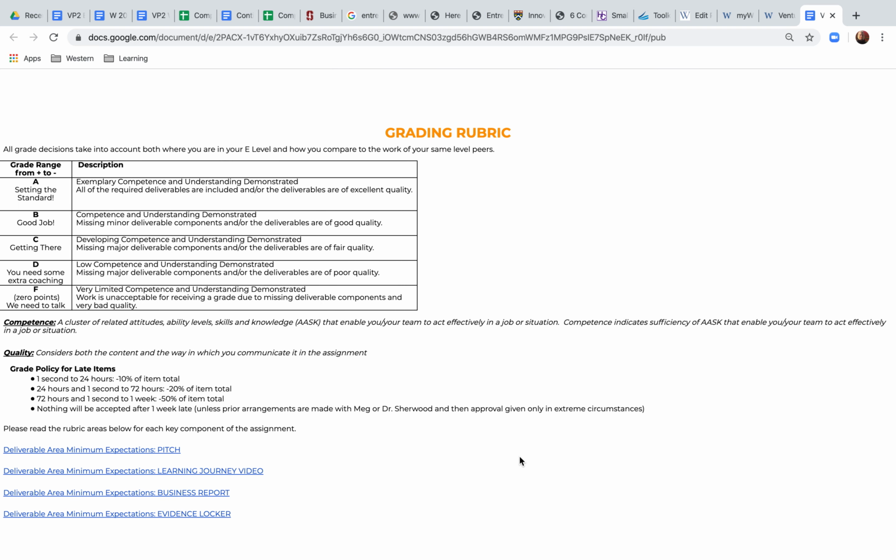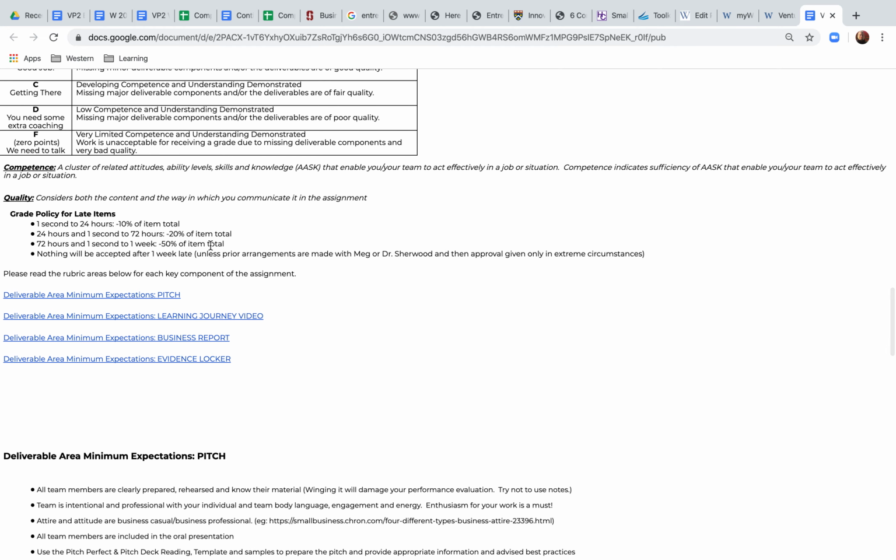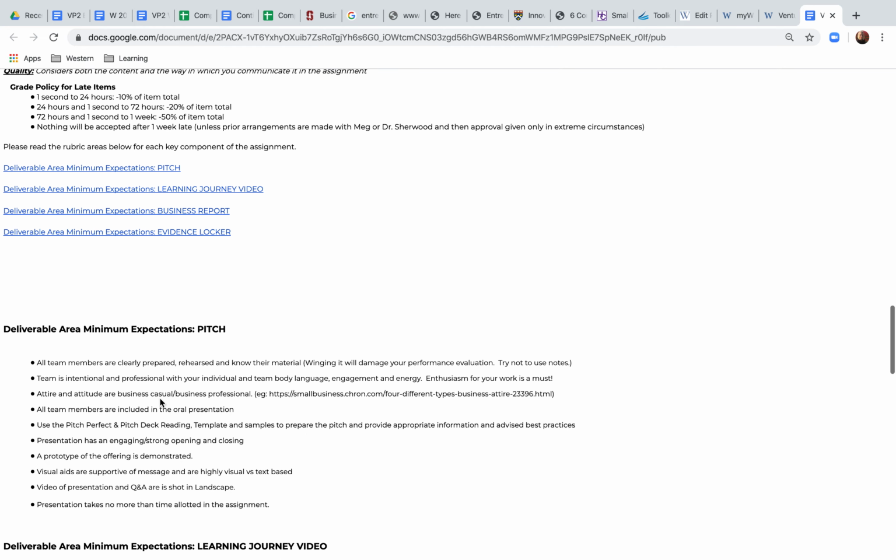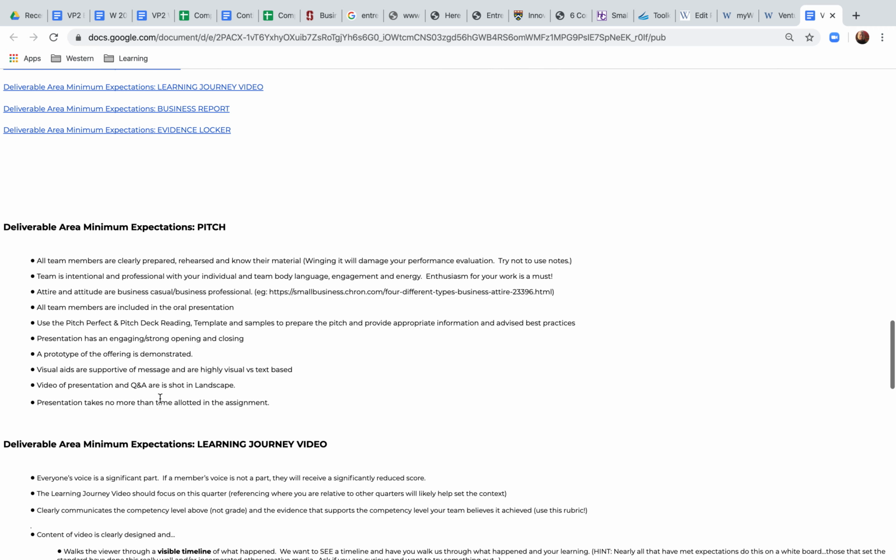So again, in entrepreneurship, if you satisfy everything that's required in class and in the assignment, good job. That's a B. We give A's for setting the standard, which is exemplary competence and above and beyond performance. So I have here anchored a lot of different specifics related to your E-level in terms of what we expect